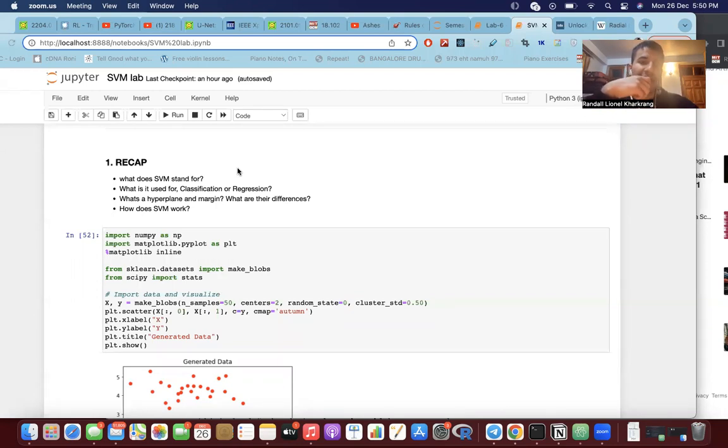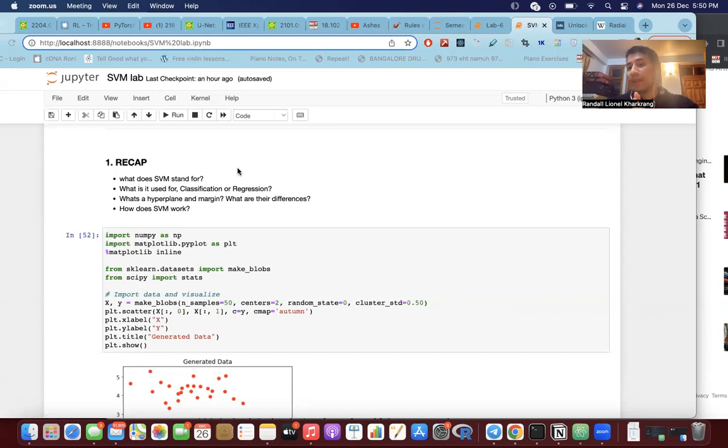Okay. And the essence of the support vector machine is something called a hyperplane and a margin. Hyperplane is essentially the decision boundary, or the line which separates those two different classes. So that line also has to have some sort of margin, and the margin is decided by the support vectors. Okay, so anything inside that margin